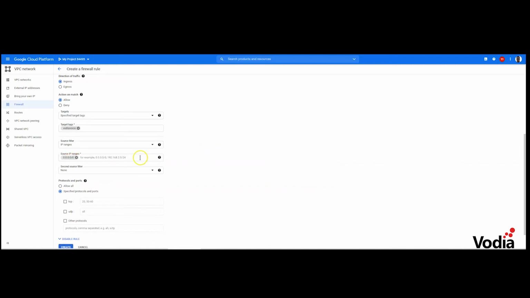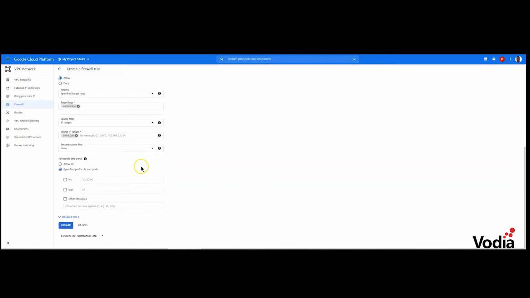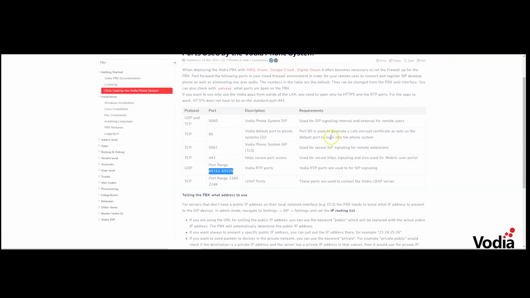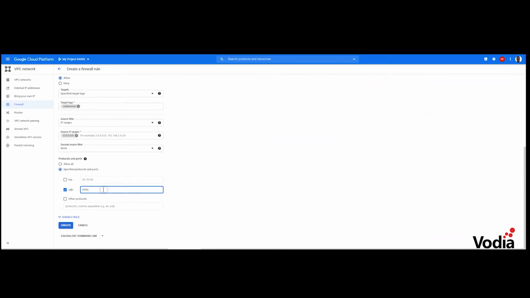Okay, I should take care of that. So what we're going to do is a few things, because you can also do a range of ports. I'm going to do 5060, semicolon, colon, and then we're going to go over here to our Vodia documentation to see the port range. So Vodia RTP ports, that is used for SIP signaling. So I'm just going to do a space